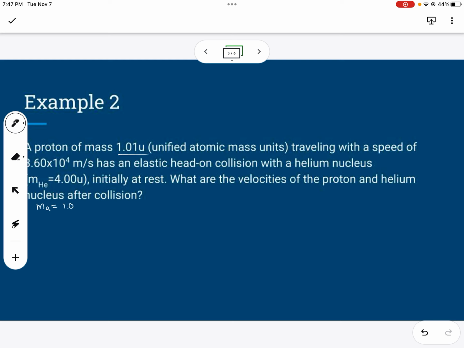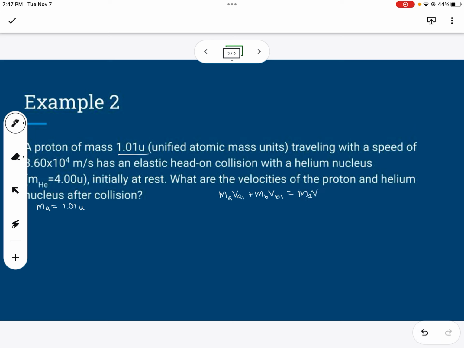MA equals 1.01 U. And here's the thing, don't convert. This goes against a lot of the things that I've told you. Welcome to science, where you learn something and then you learn something else, and then it all ties together and it's part of the process. Because mass is in each of my terms in my conservation of momentum equation, I'll just jot it down over here again. MAVA1 plus MBVB1 equals